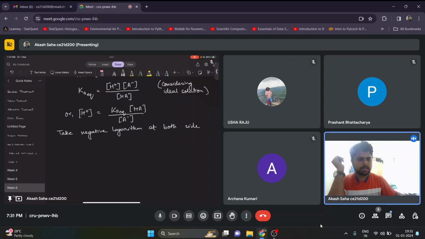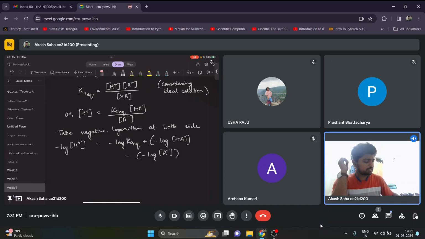Okay, so minus log H plus, we can write it as minus log H plus minus log Ka, and then plus we can write minus log HA, and since it is in the denominator, it will become minus of minus log A minus. Okay, so minus log H plus, it is negative